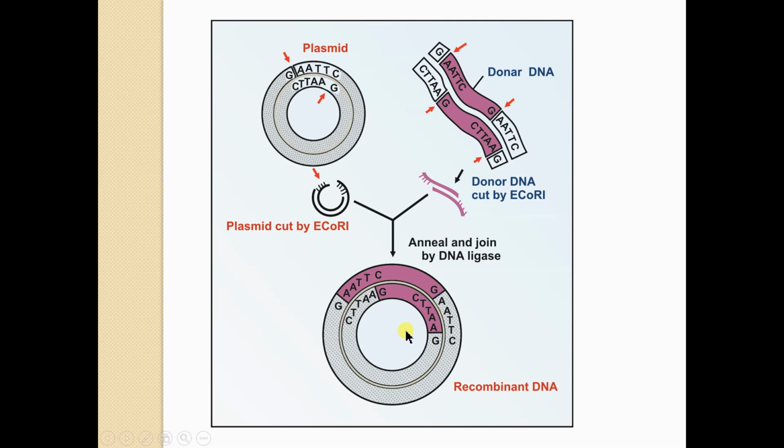When we allow this plasmid to multiply or grow in the bacterial medium, along with the plasmid DNA, our inserted DNA, the DNA of interest, will also multiply. After that, we isolate it from the medium and express it into the protein, so we can have a large number of proteins at a time. So this is the importance of recombinant DNA technology.